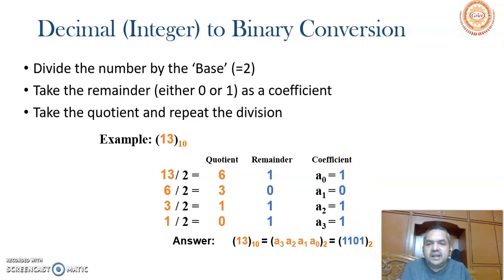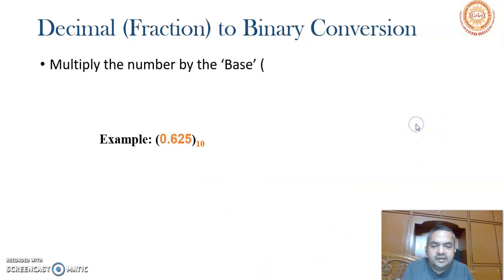Again I am repeating the process. How to convert a decimal to binary? Take the decimal number and divide it by base 2, because we want to convert it to binary, in successive steps. This is called the successive division method. This is the normal traditional method, and the remainders give you the final binary number. In this, the rightmost bit A0 is called the LSB, the least significant bit, and the leftmost is called the MSB, the most significant bit.